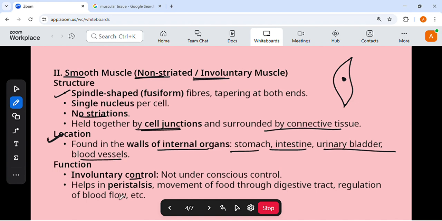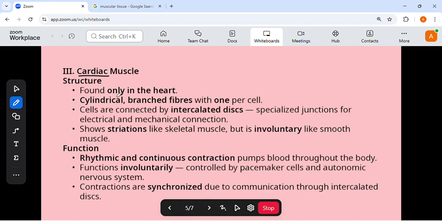Examples: it helps in peristalsis, wave-like movement of food happens in the digestive tract, esophagus. And regulation of blood flow, this is under the control of smooth muscle, like iris muscle. Examples like iris muscle, eye, ciliary body muscle, stomach, intestine. Now cardiac muscle, the name itself, cardiac, is related to the heart, found only in the heart. We see it only in the heart. Again it is cylindrical and branched,